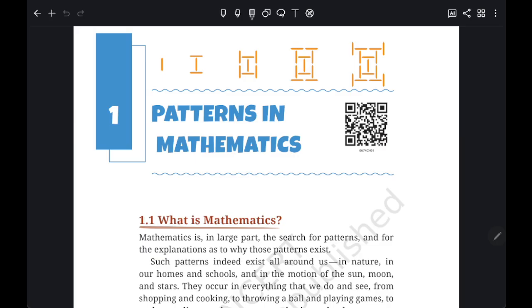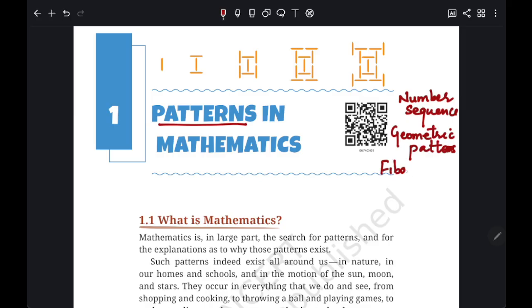So we have a number of patterns. So patterns in number system can be number sequence, it can be geometric patterns, we have Fibonacci pattern, shapes are there. For example,